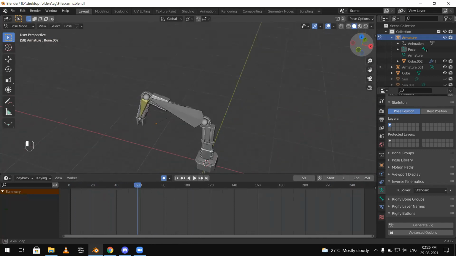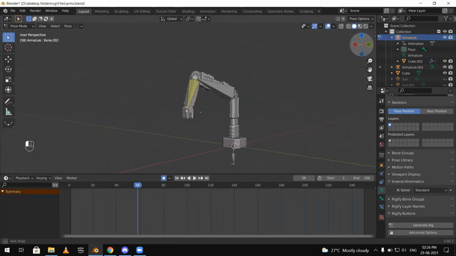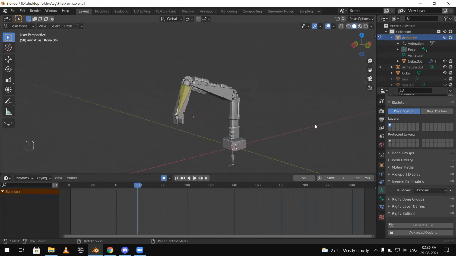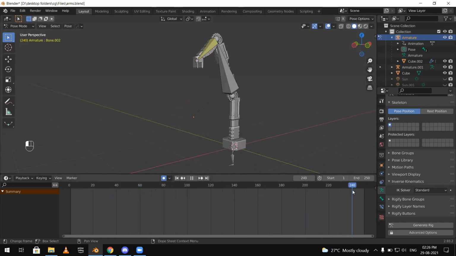Everyone will like to make them cyclic, because while watching it on repeat, you can see what defects the modeling has or the texturing has, all that kind of stuff. We know that the end frame is at 240. So 240 minus 1, we have 239. We are going to make this animation 239 frames long.